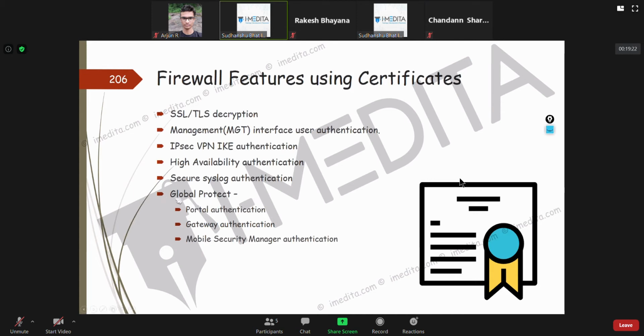GlobalProtect, we will discuss and see later. But for that also, we have portal authentication and gateway authentication. These happen with certificates, and I'll give you a brief here. The portal is basically what you open to download the VPN client.